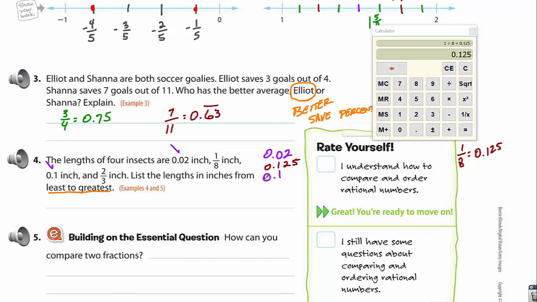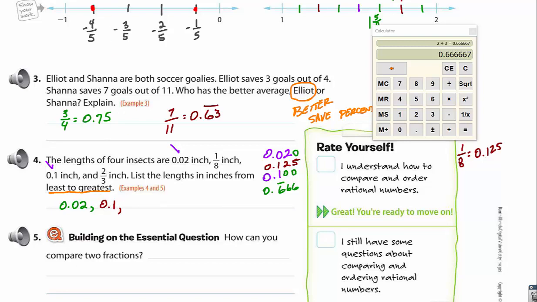Well, 2/3 is 0.6 repeating. 2 divided by 3, 6's repeat. All right? So I'm just going to give that 3 6's. And I'm going to give this 2 more decimal places, give that 1 more decimal place. So I'm up 3 on everything. And now I can look which is the smallest. Well, if I look in the tenths place here, this top one has no tenths. So 0.02 is the smallest. This is going to be the biggest. So now between these two, they both have 1/10. This has 2 hundredths. That has no hundredths, which means the next one on the list